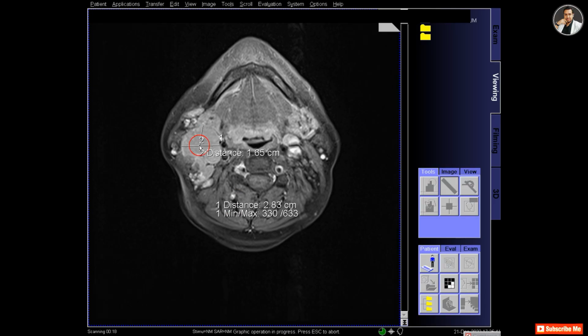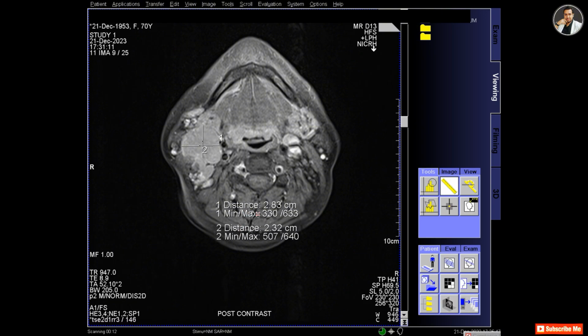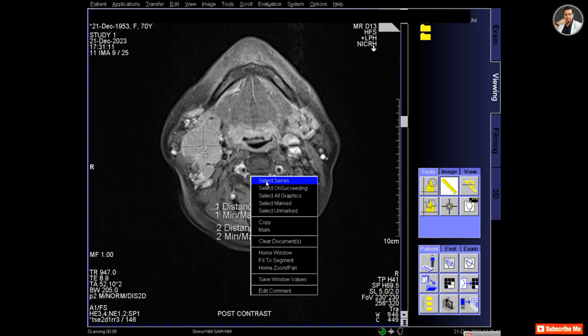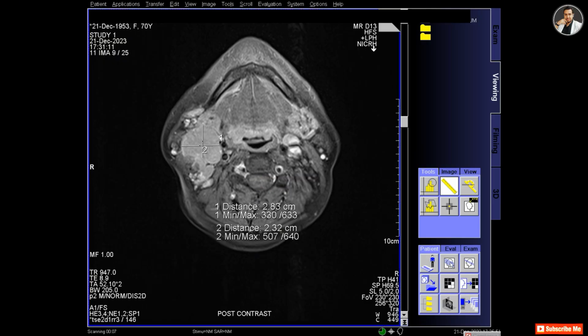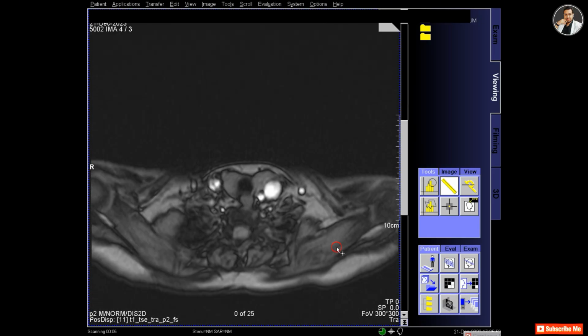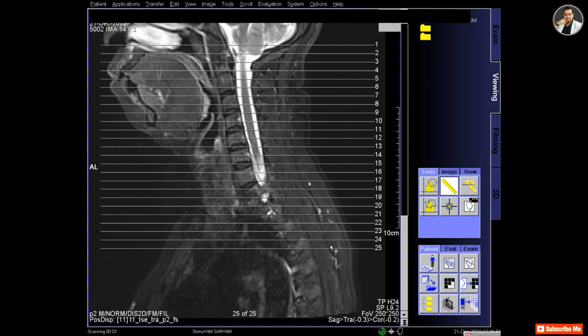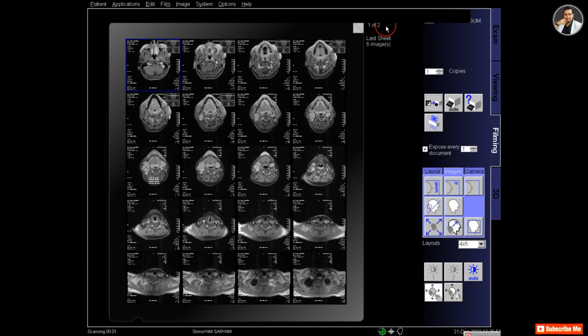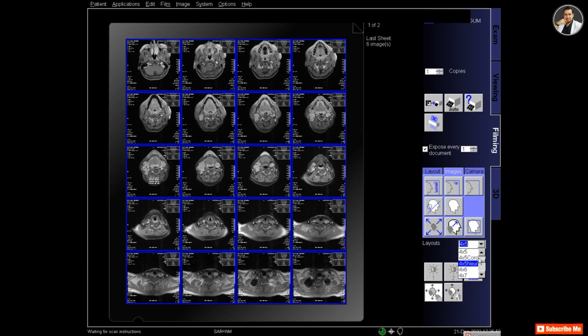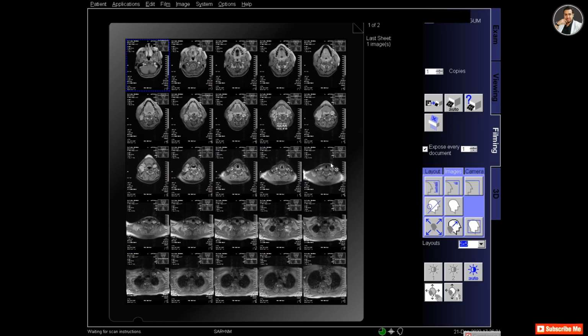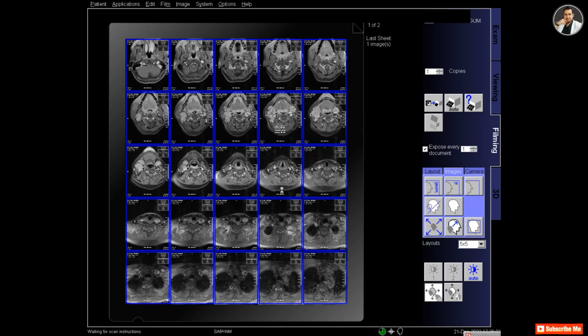Measure the tumor by using the scale from the software, and it's 2.8 centimeter in length and 2.3 centimeter in width in the transverse image. Select the series and send it to the filming, and also find the reference image and send it to the filming, and then in filming